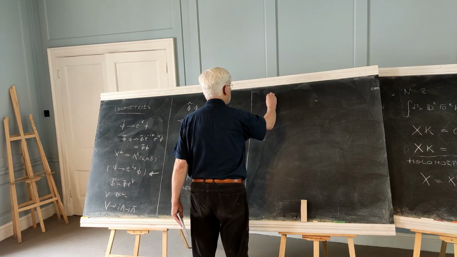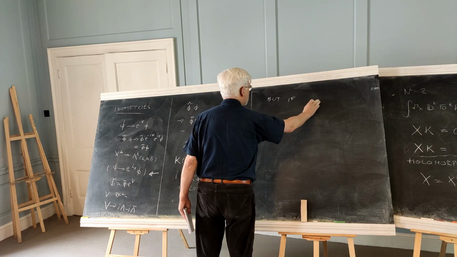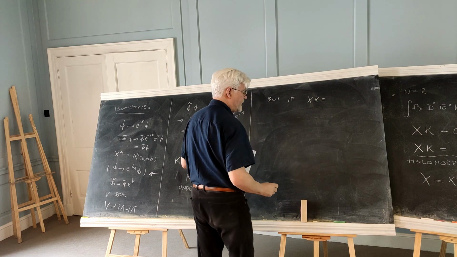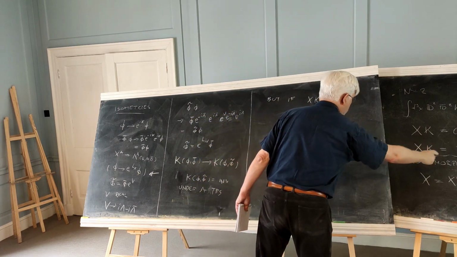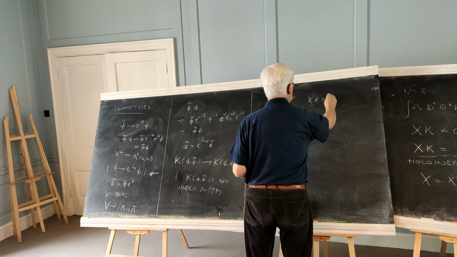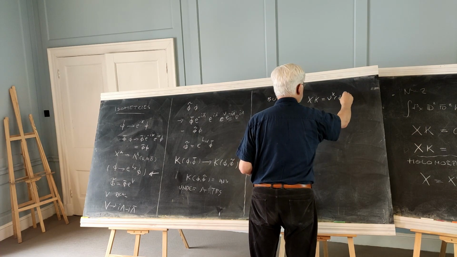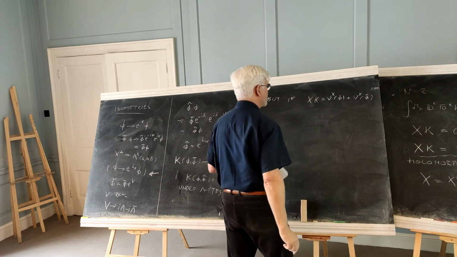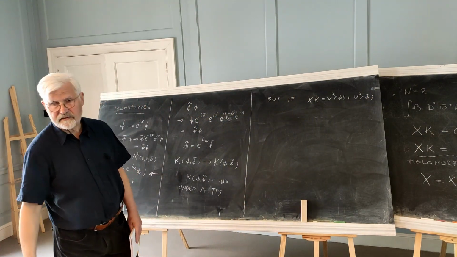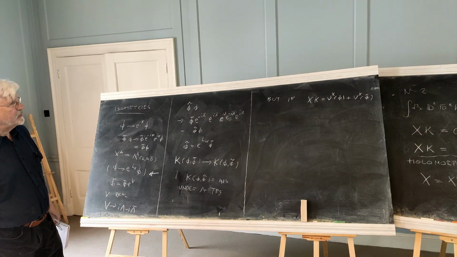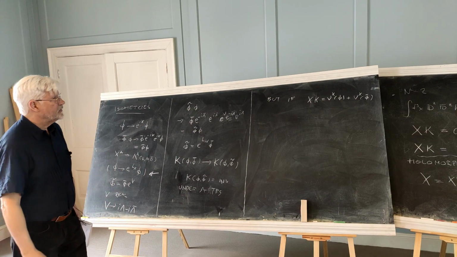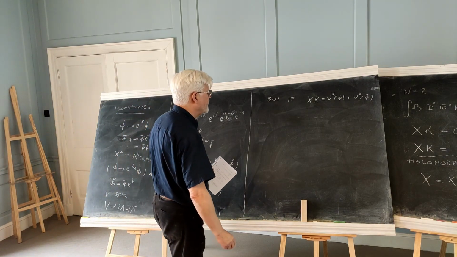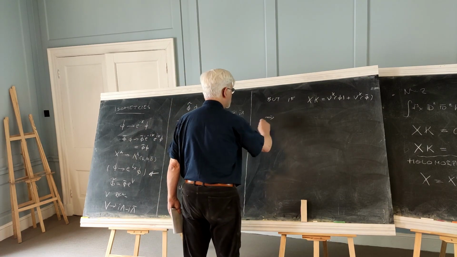If X on K is equal to a Kähler gauge transformation, I'm not sure Kähler gauge transformation is the best nomenclature, but that's stuck. If this is true, then we'll get terms like